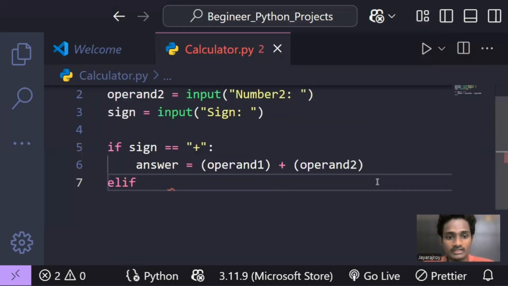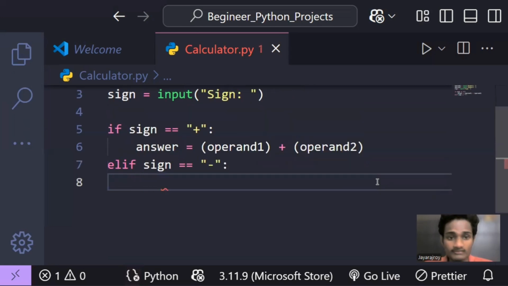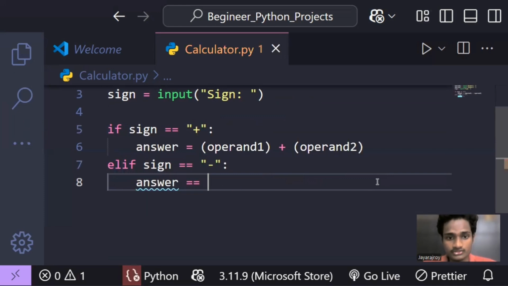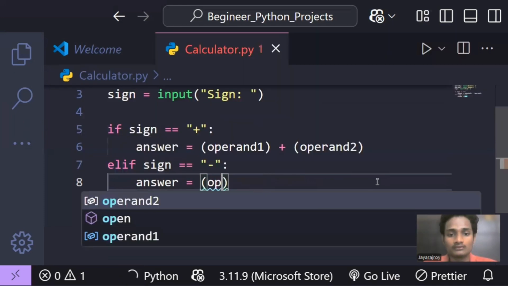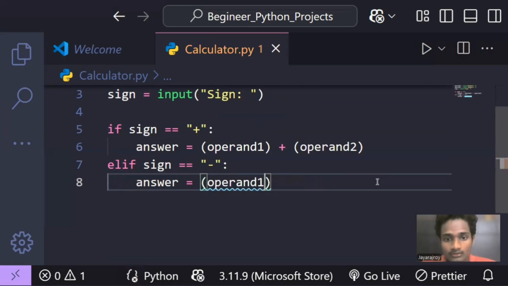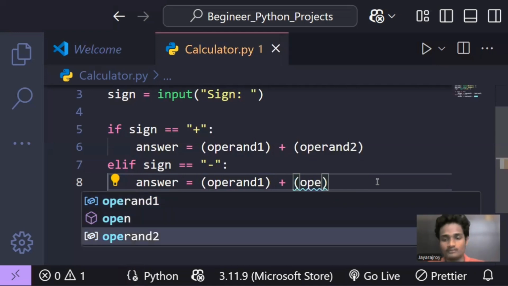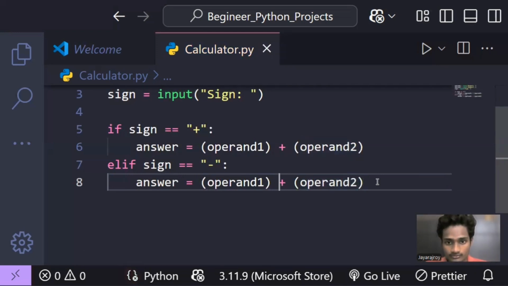So let me use elif, and again, the sign is equals to. Now let's compare with if it is minus or not. Now again, we will use indentation, and answer is equals to operand 1 less operand 2. Oh, sorry, here we will use minus. Okay, that's fine. And now we will use the same thing for the multiplication, the division, the modulus, and finally the